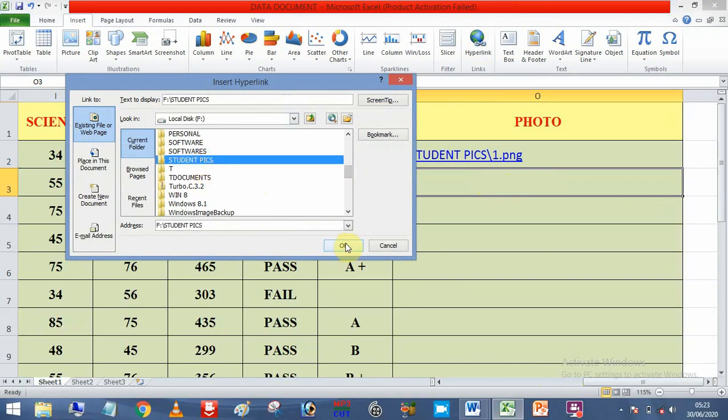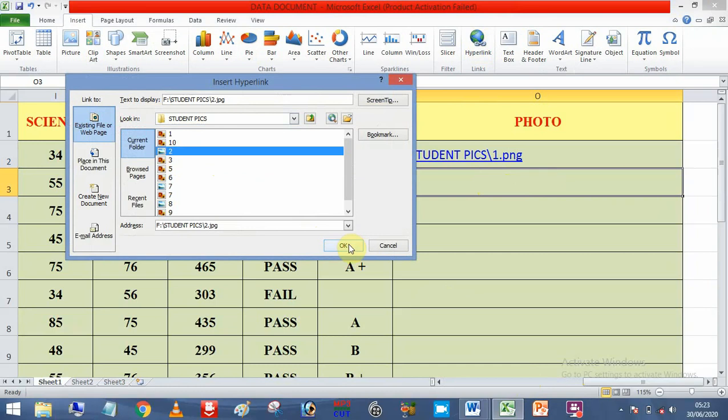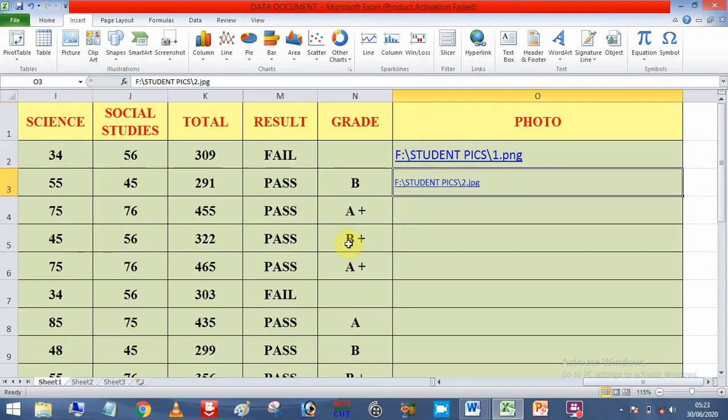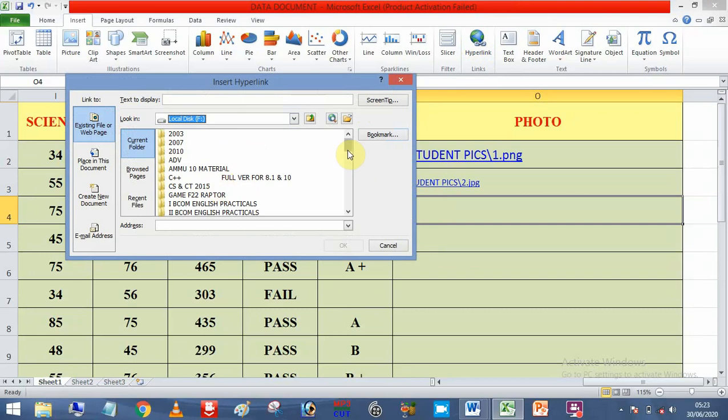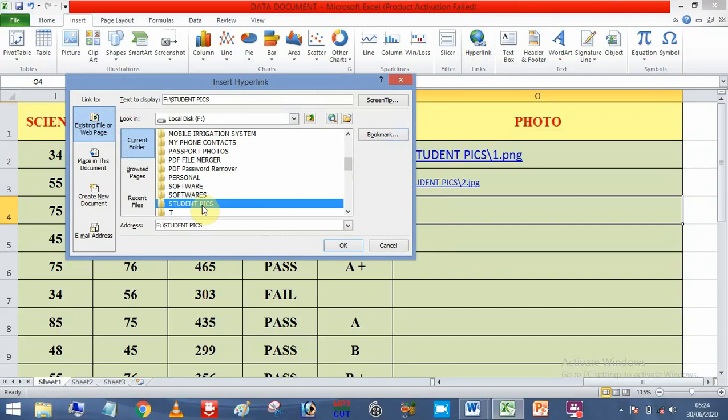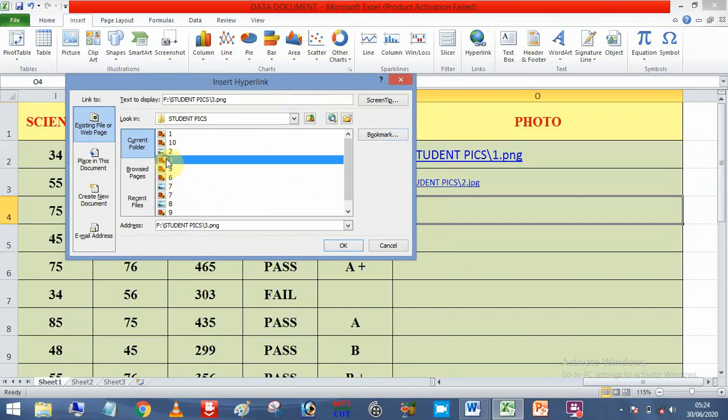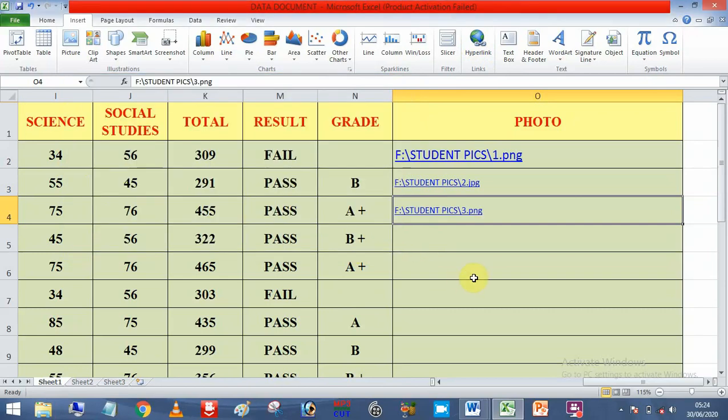I'm going to insert the second one, insert, and go again, third one. So I'm going to insert the same pic here. Let me show you, my friends. So student pics, and third one, insert, and so on.